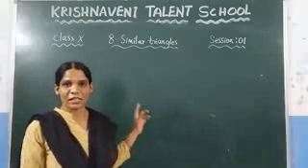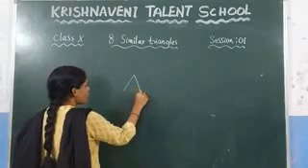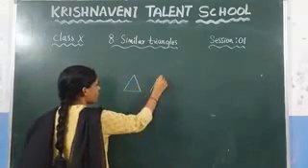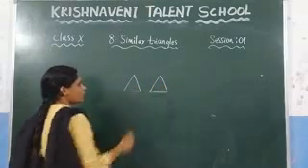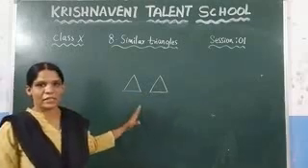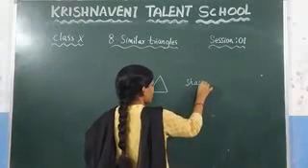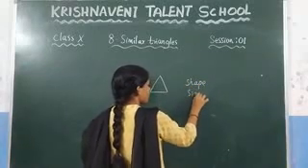And in your ninth class we learned about the congruent triangles. Let us see once the congruent triangles. What is meant by the congruency of the triangles? It is nothing but, if you take any two figures and those two figures have the same shape and the same size. So what will be the condition? They should have the same shape and the same size.